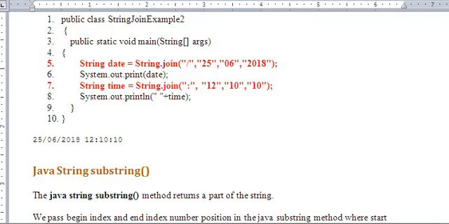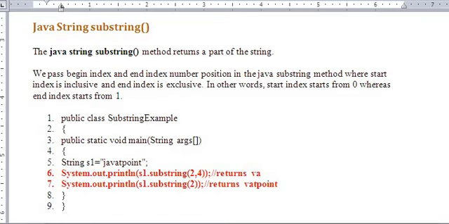The method substring returns a part of the string, and we need to observe the beginning index and ending index position. Look at line number 6 and 7. The basic index always starts with 0.